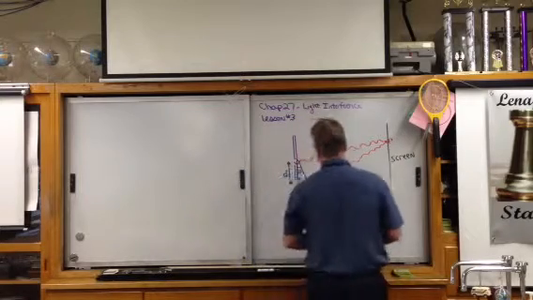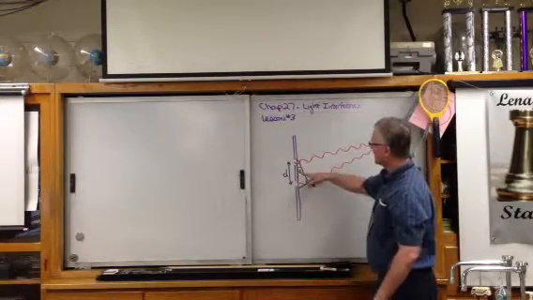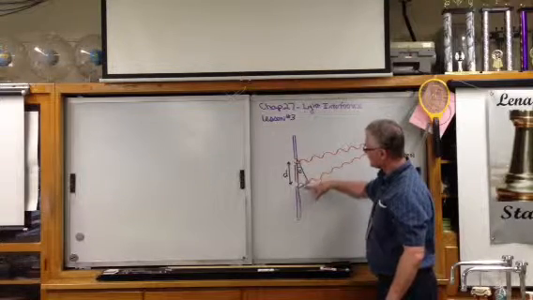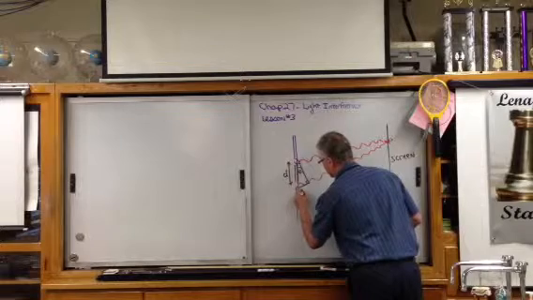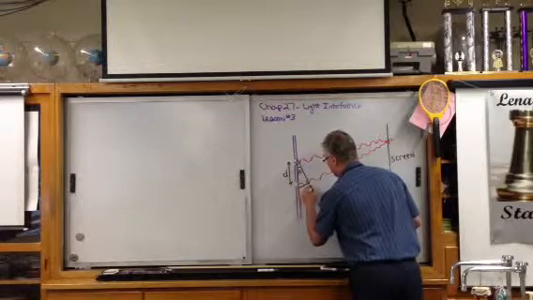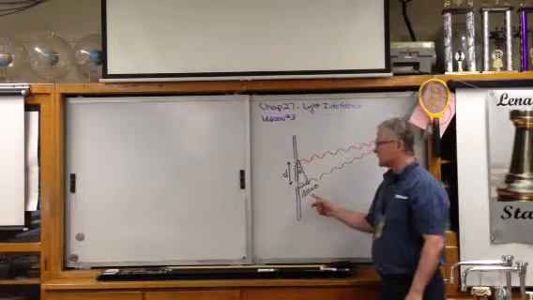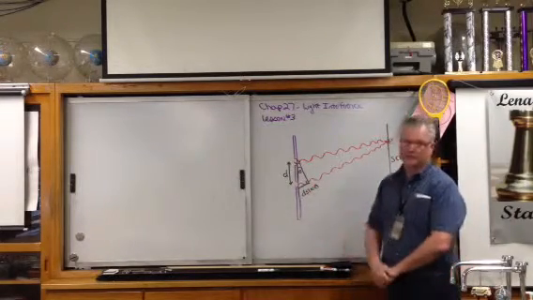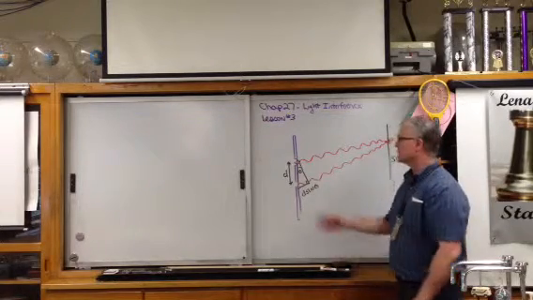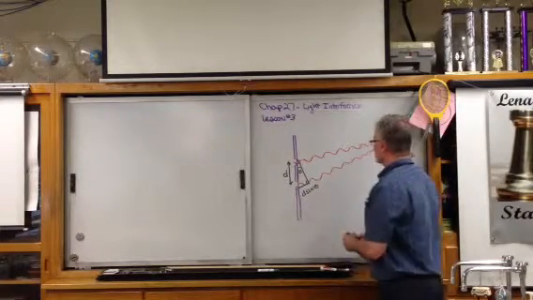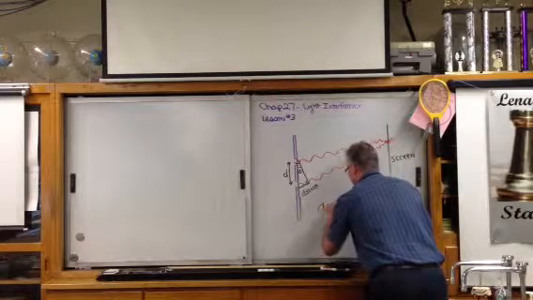Now, if I look at this triangle, D is the hypotenuse, and that's the angle, so this is the opposite side. We know from trig that the opposite side is D sine of the angle. You take the hypotenuse, sine of the angle, and that gives you the opposite side. That's just basic SOHCAHTOA. Now, if we look at this extra distance, D sine theta, that's the extra distance that the bottom one has